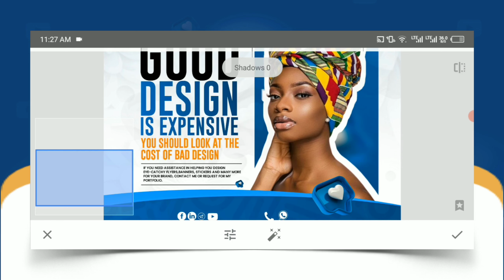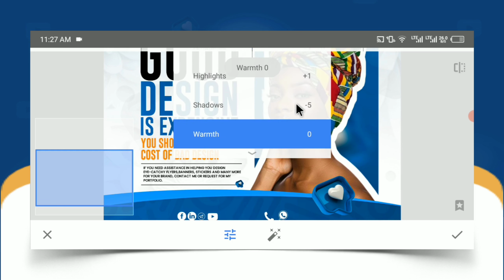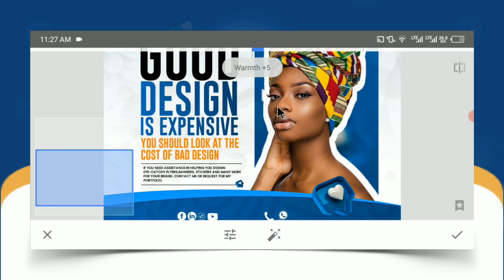I want to have access to my shadow. I'll just reduce the shadow. Let me say a shadow of -5. So I want to have access to my warmth. I'll give it a warmth of +1, like that. So when you are done with your tune image, you click on your check mark to apply the whole effect